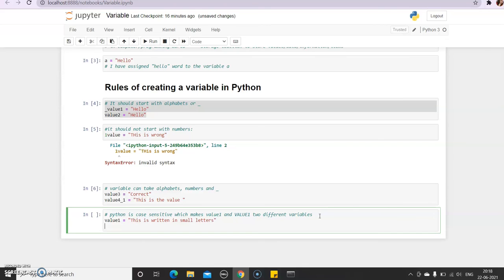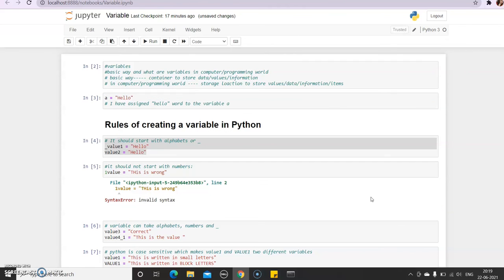Now I have Value1, with a capital, is equal to, this is written in block letters.